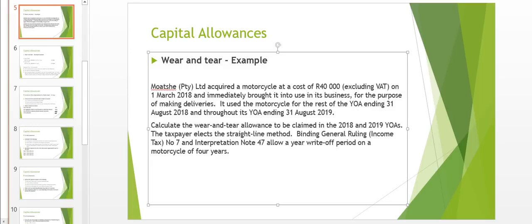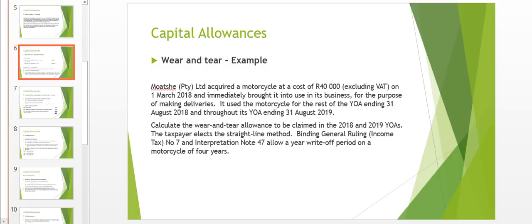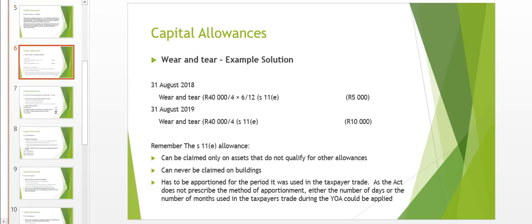So that is 6 months. So we need to multiply it by 6 over 12 months. So during the first year of assessment,